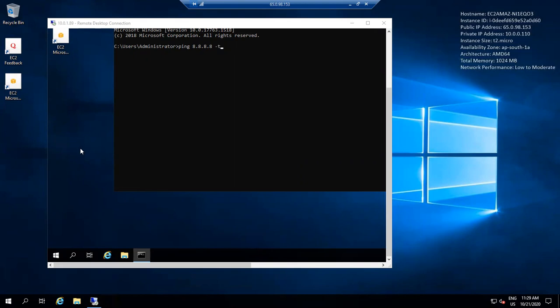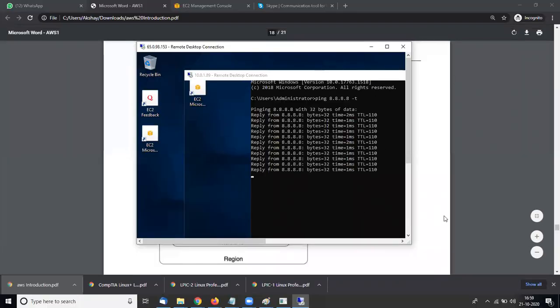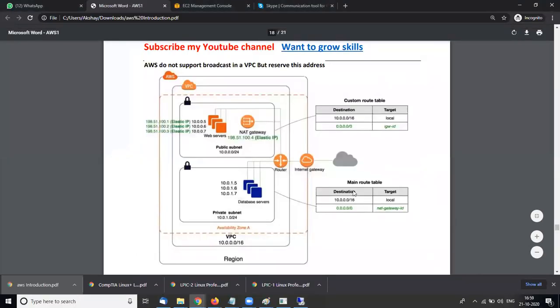Previously, we didn't have internet access on this machine. But now we have internet. Let's go to the diagram. Yes, this is the diagram.